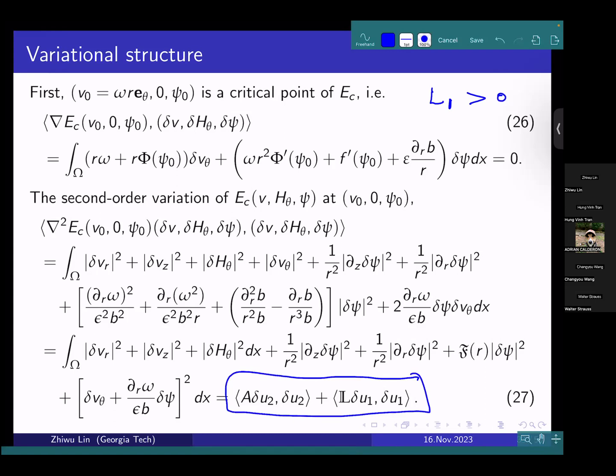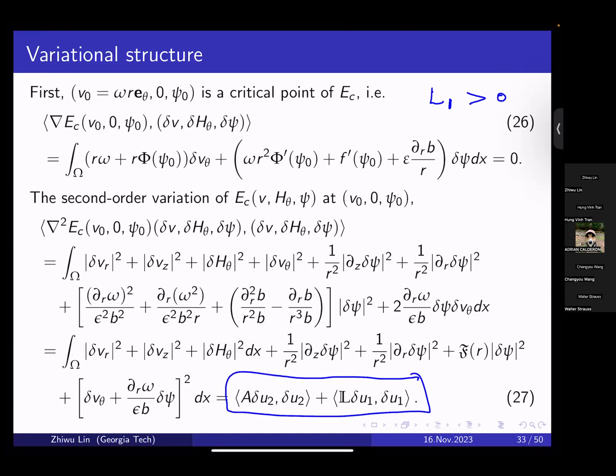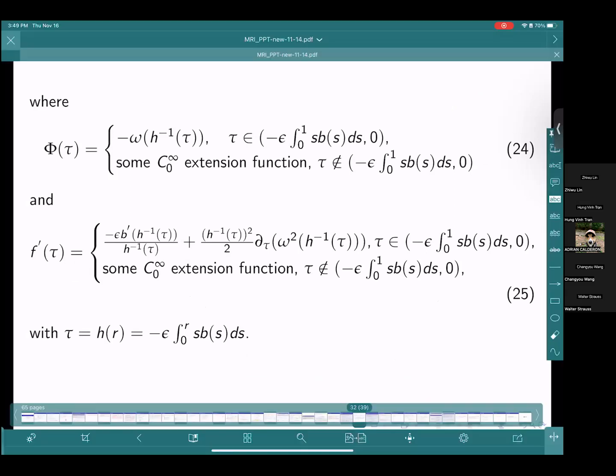If this is the case, then you get a nonlinear stability. But actually, it's not true. If you look at this quadratic form from the Taylor expansion of the energy Casimir functional, the linear stability condition does not imply